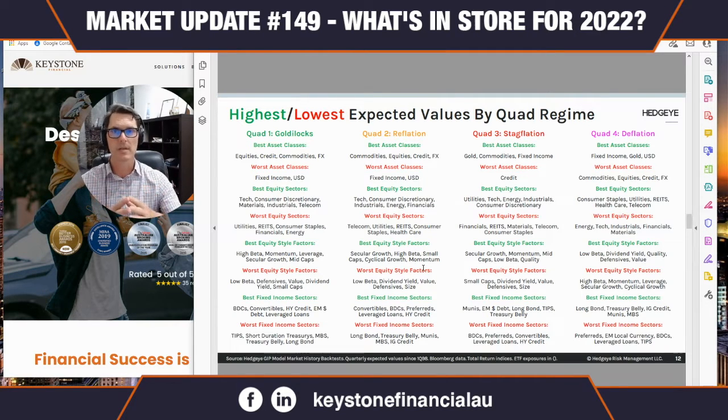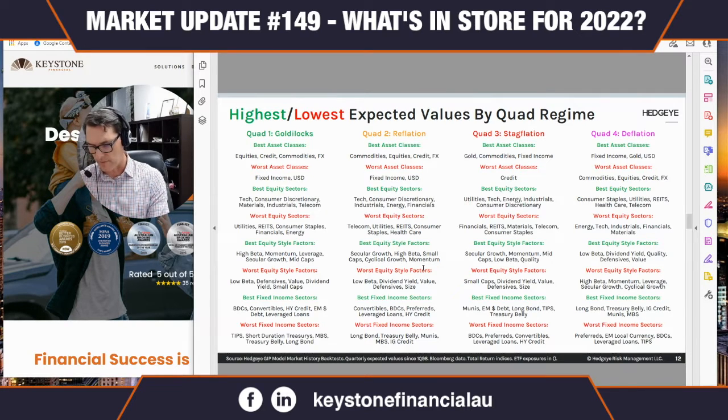But what I will tell you, based on back tests, is that Bitcoin in particular, and all coins would be very similar, so Bitcoin is a good proxy for this. Let's just see if I can find it real quick on this table. Bitcoin in a Quad 4 scenario is back tested to be down about 20%. Could you imagine being down 20% from where you are today? Now, luckily, if we are in a Quad 1 scenario, Bitcoin loves that. So Bitcoin could be up 60 or 70% in an environment like that.